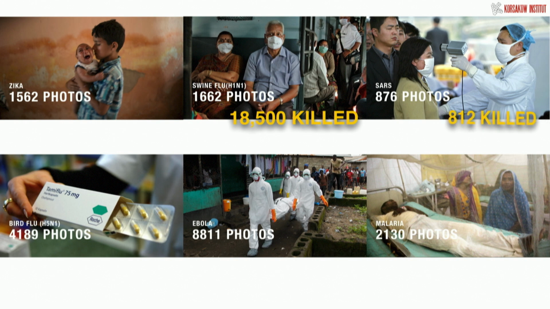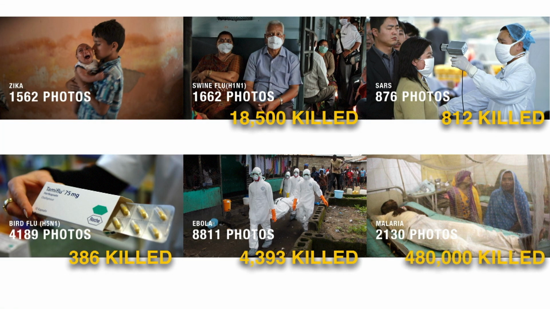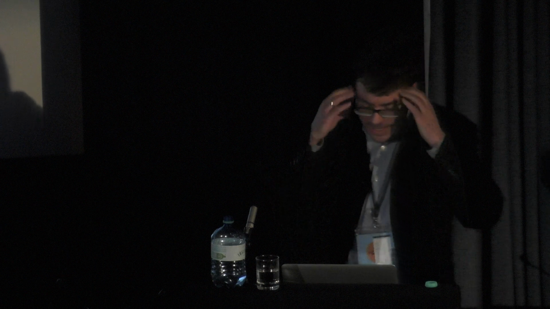SARS, 812 people killed. Bird flu, 386 killed. Ebola, 4,393 killed. Malaria has killed 408,000 in 2014, in 1 year. I have to say, I found that really shocking when I saw that. This shows how we get blinded by